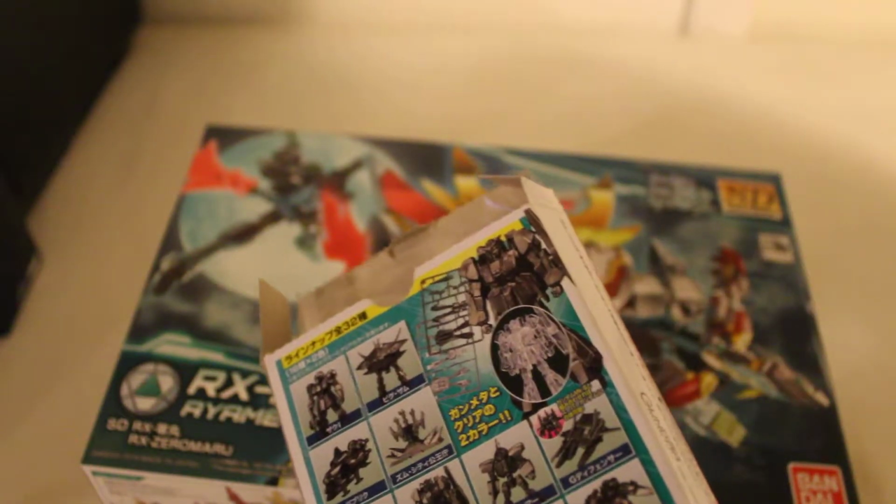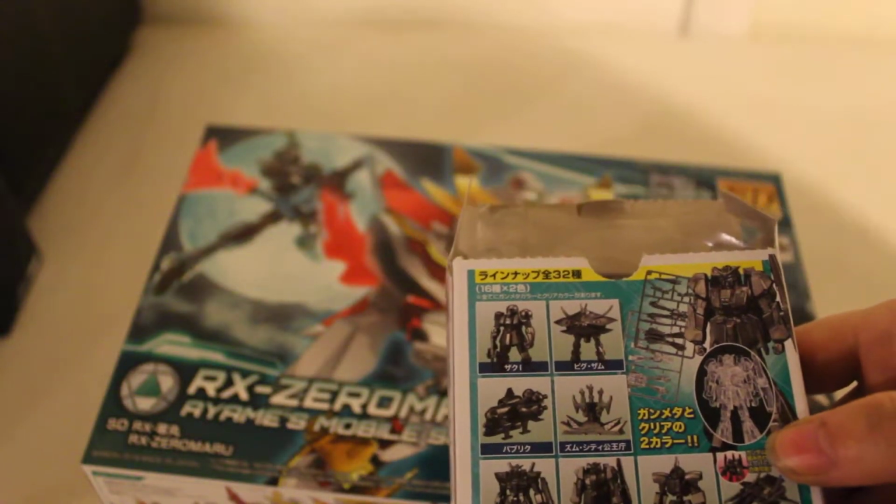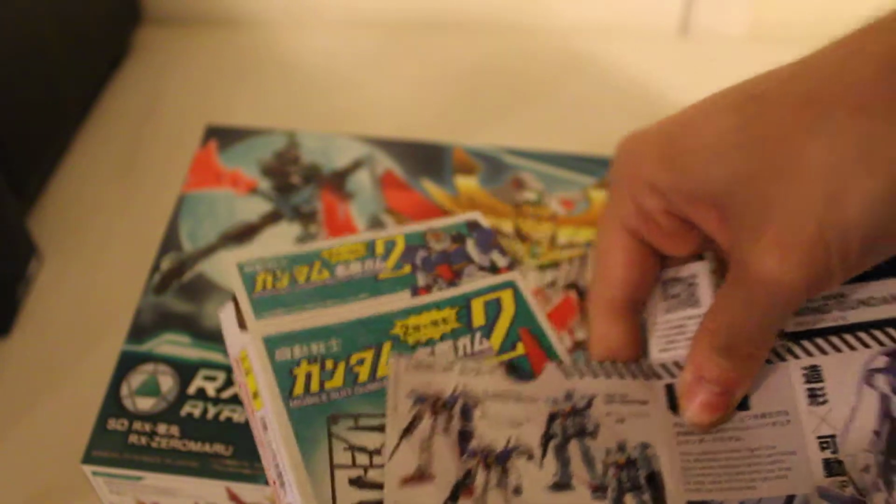Which, funny enough, GameStop is selling the Zeta Gundam. Not double Zeta, but just single Zeta Gundam. Which is pretty cool. Which is, you know, definitely different from the